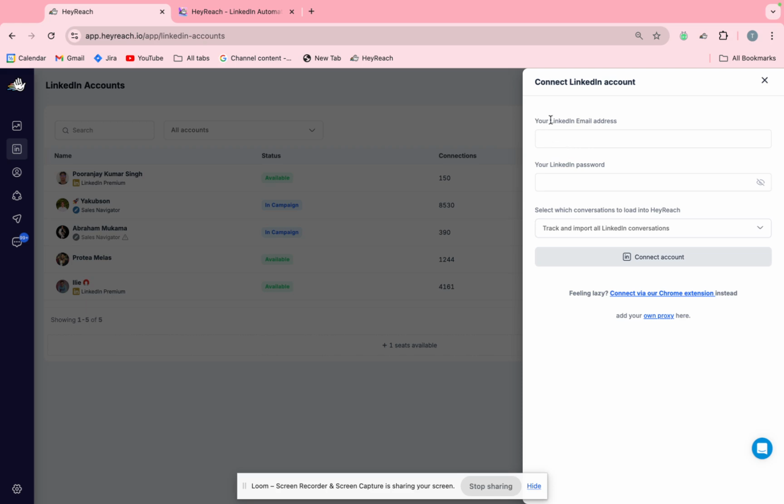So what you would do is you'd input your email address, you'll input your password. And I recommend saying track only conversations started from HeyReach because you don't want to have random people who are your old connections inside of your HeyReach inbox as well. Now, on top of that, if this doesn't work for you, this is the first option, and you would then basically click on Connect Account, and you would get a 6-digit PIN sent to that email address, which you use